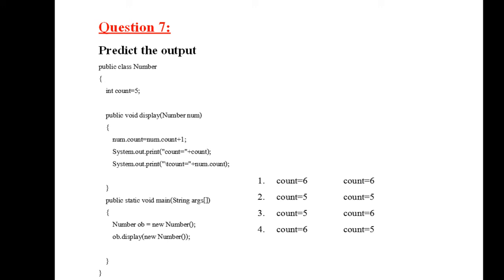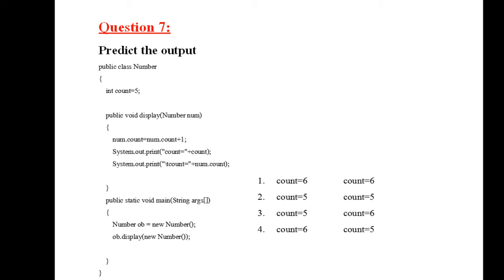Then after that, in that method body, you have num count is equal to num count plus 1. Num count means your object, that is num, is pointing to count variable. Okay, it had 5, so 5 plus 1 would be 6. So in the next line, when you're printing in quotes, count is equal to the value of count. Value of the count variable is what? 5. So it is printing 5, and in the next line you have backslash t, for that you're getting gap,